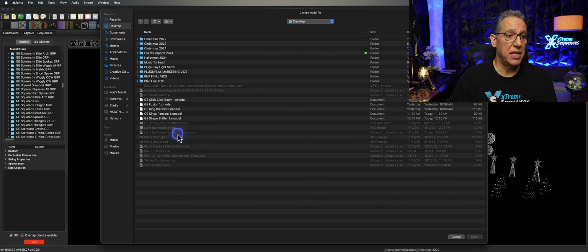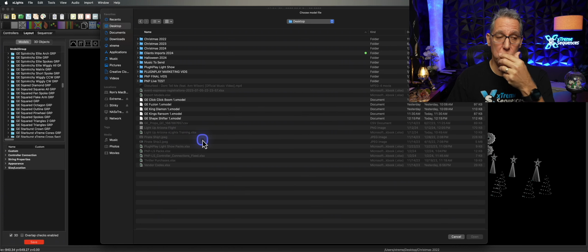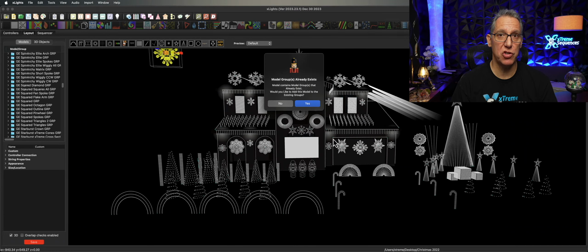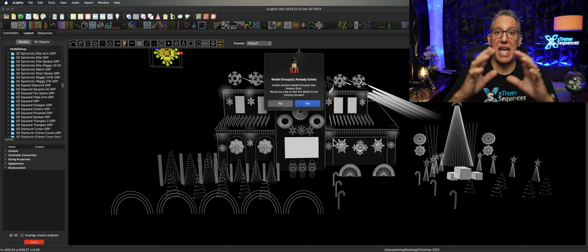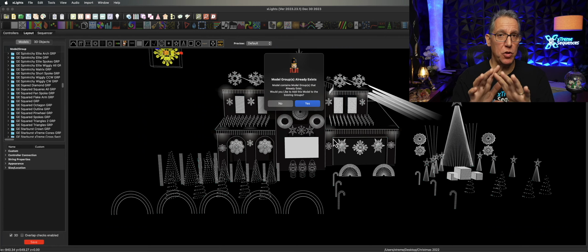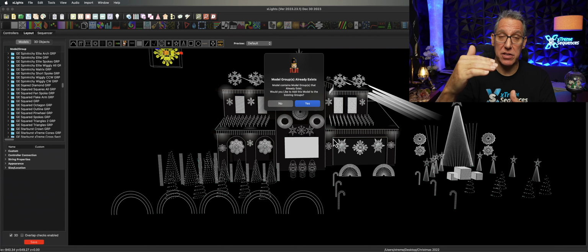So I'm taking this X model that I exported from my latest show world, because I want to catch up my 2022 world. And I'm going to click on my King's Ransom and click open. So I'm going to go slow with this. I have imported an X model from my latest world that has the latest model and submodel groups. Don't worry about the hierarchy. We're just trying to bring over any enhancements or changes I have made to the model, which will likely be different than what you're going to download from xLights.